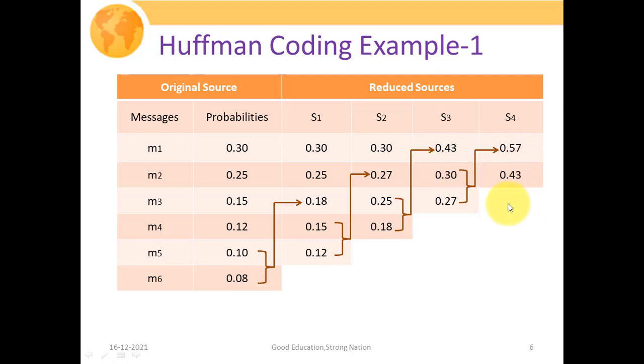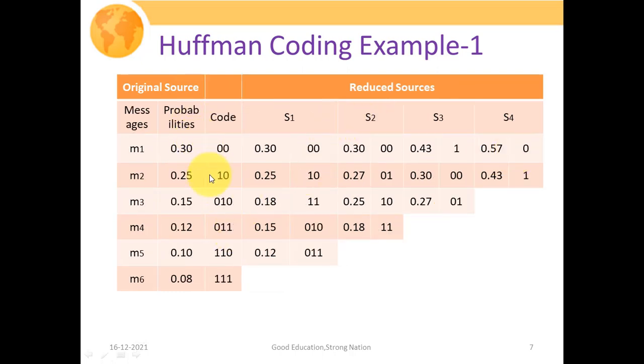We complete this process until we obtain a single symbol. So in the next step, if we add up 0.57 and 0.43, we obtain 1. So this is your second last step, or you could say this is your last step, because we have to start numbering from this particular step only.